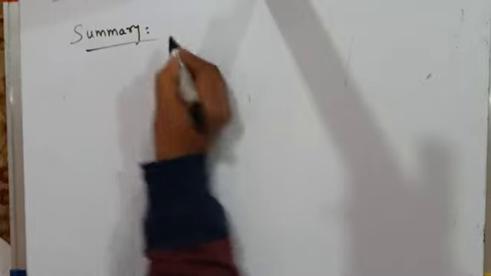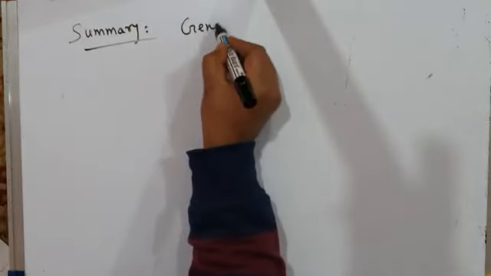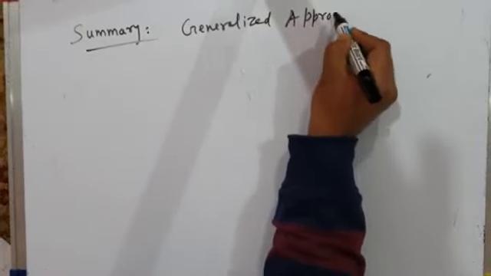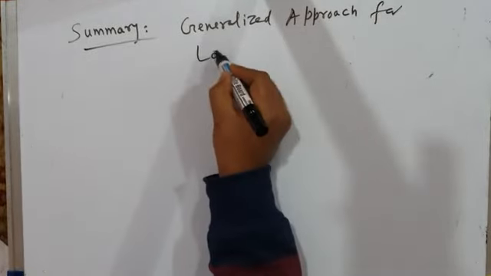I hope these two problems will help you in grasping, in understanding the concept completely. So this completes our discussions. This is the end of our discussions on load compensation, that is compensation for load unbalance and power factor correction or reactive power compensation using passive elements. Let me summarize. Now I will give you summary of last 3 to 4 lectures. We tried to develop a generalized approach for load balancing.